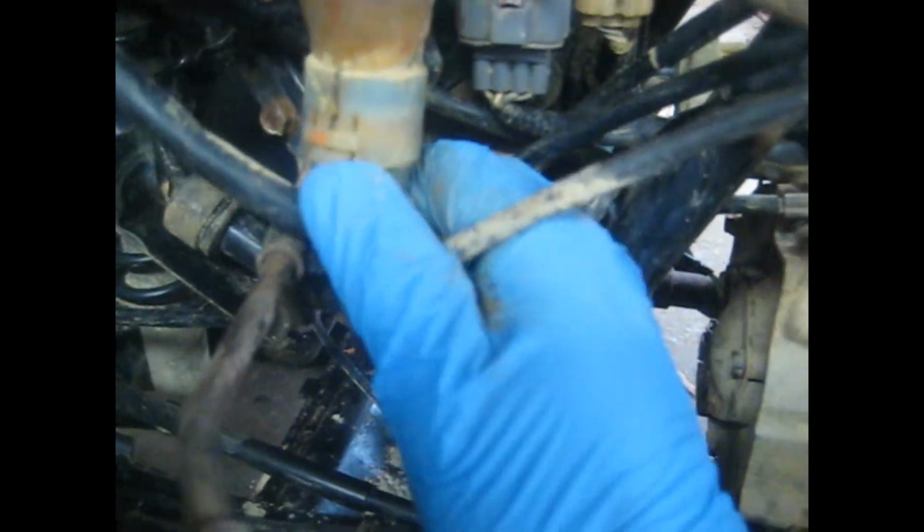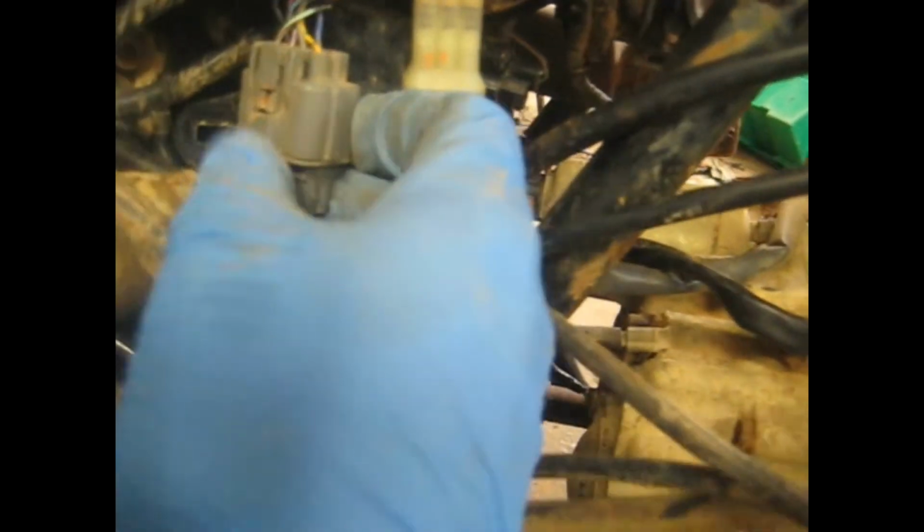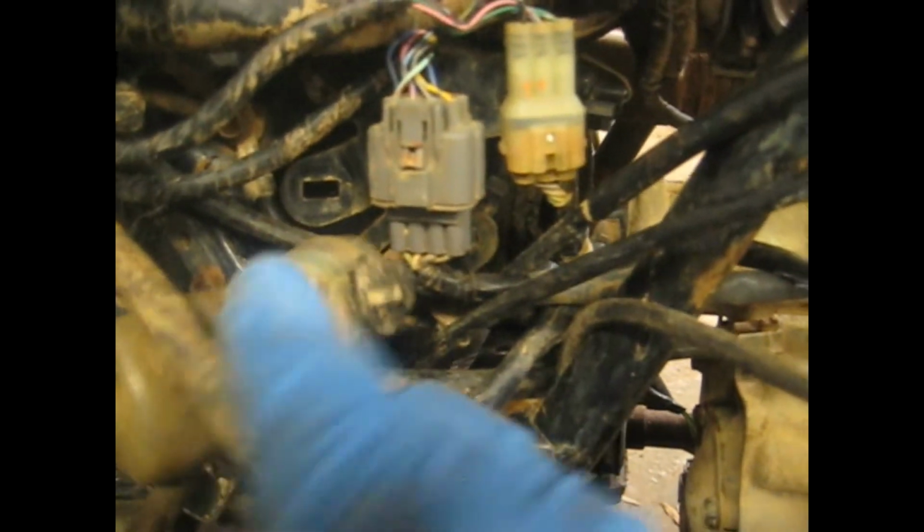Unplug this connector here. It's the big round one with the yellow wires going into it. This one here, like I said, is electric shift model, so it has a big connector here. These gray connectors here, they won't come loose unless you unclip them from the clip that holds them to the frame. Let's see, somebody's pried on this one to try to get it apart, but it's got like a lock that it won't let it come loose. So you got to take this round one loose, the gray one loose, and this one with the 6 wires